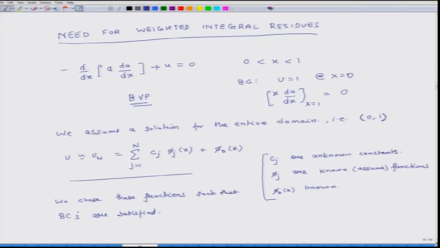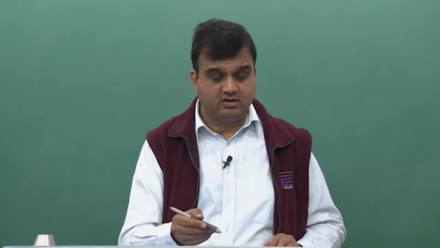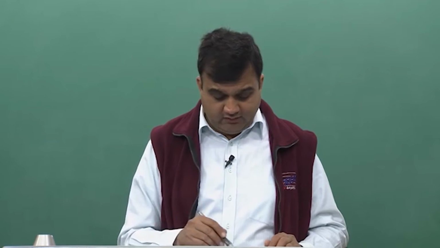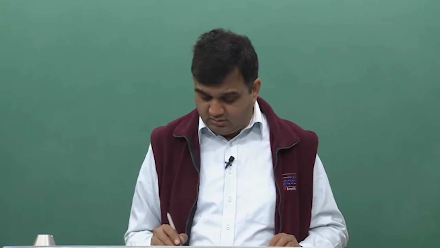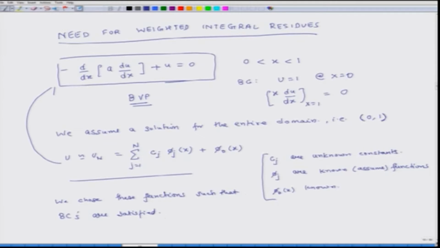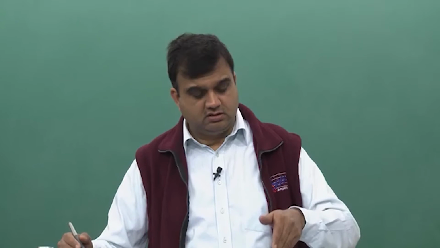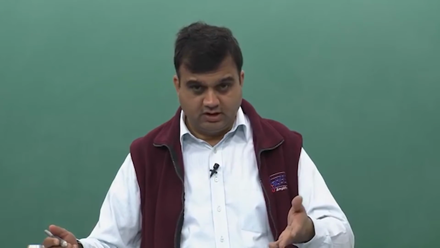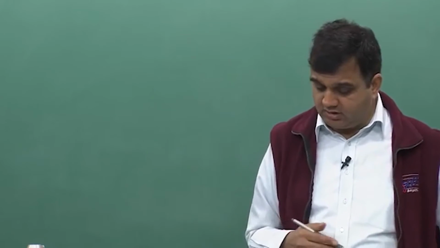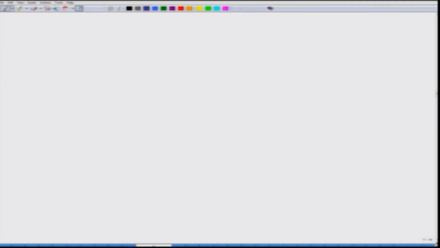Why do we choose it like that? Because this governing differential equation is not valid on the boundary, and we will be anyway plugging this in to ensure that the governing equation is satisfied. So, that work we are going to do anyway. While choosing the functions, we just have to make sure that they satisfy the boundary conditions, because the governing equation will be satisfied later. So, that is what we will do.